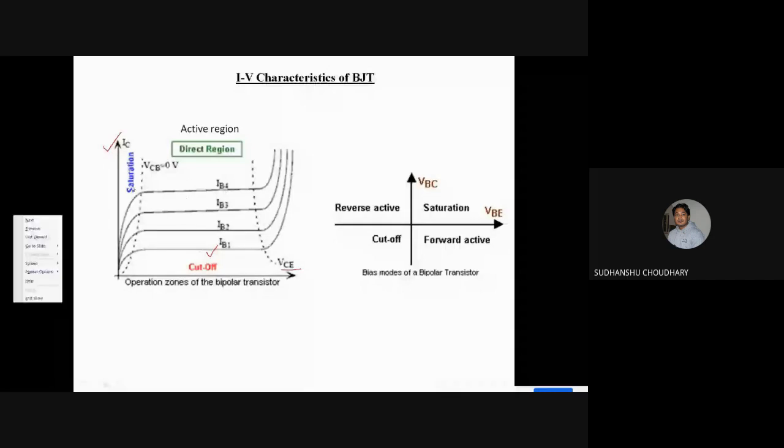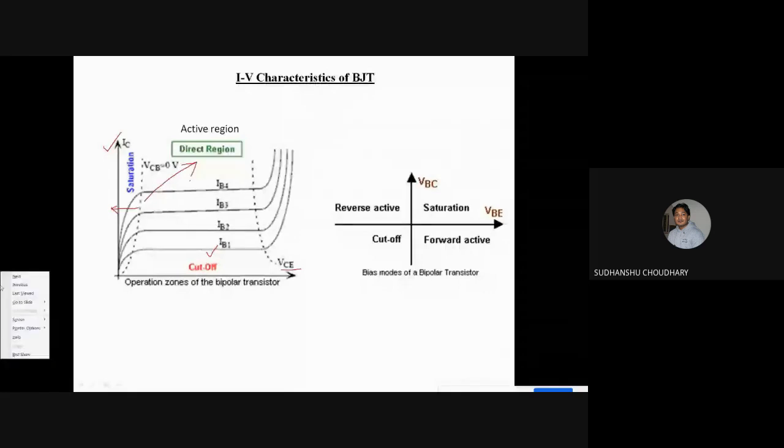Now in this IV characteristic, towards the left of this dotted line, the region is called the saturation region, and to the right, this is called the active region. You will find that the names are different if you compare with the MOSFET. In a MOSFET we had the saturation region here and the active region here, but in a BJT this is my saturation region and this is my active region. Then of course cutoff, that is when the base current is 0, so the collector current will also be 0. So there will be a cutoff zone also when the base current is 0.